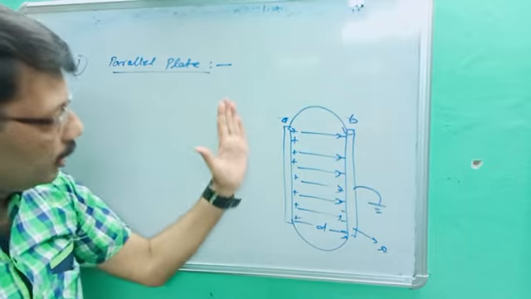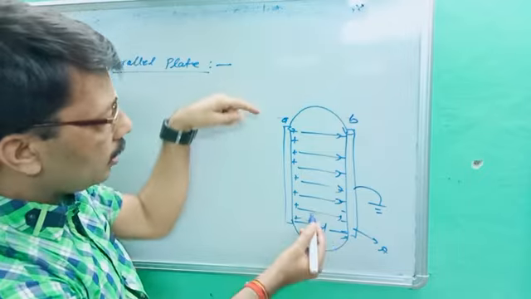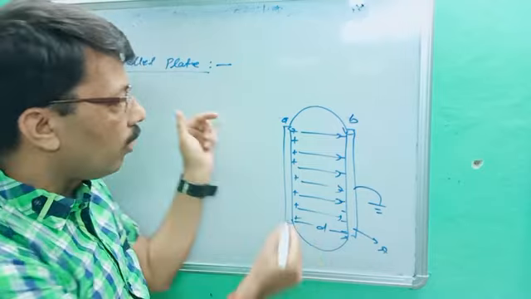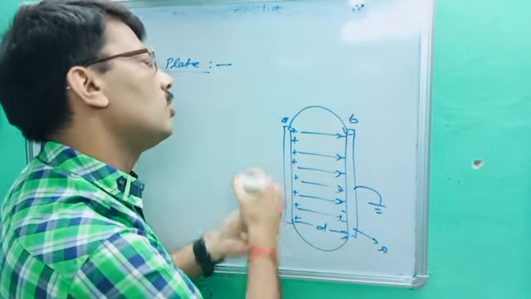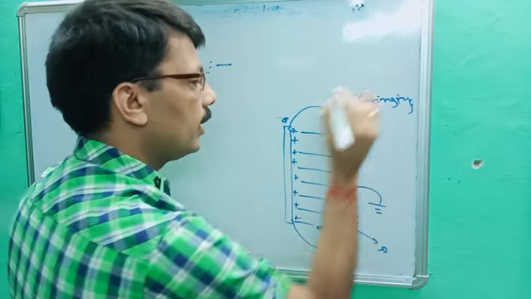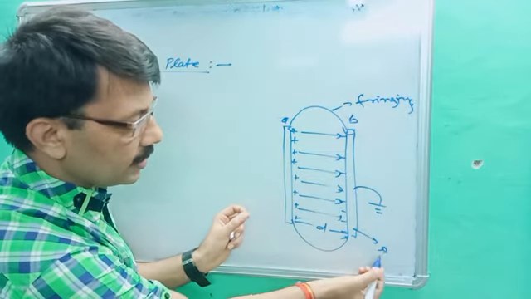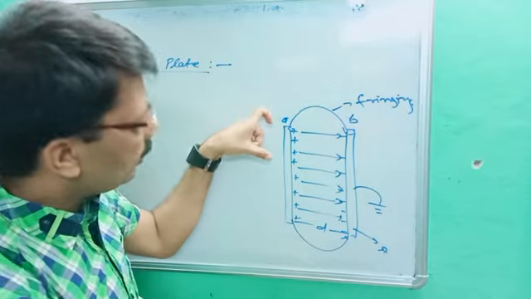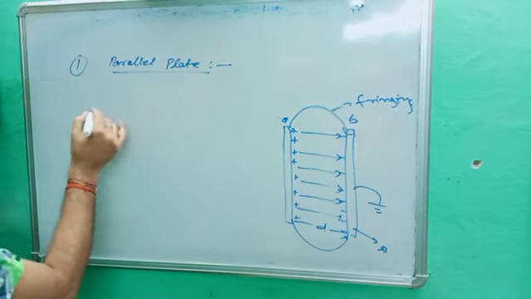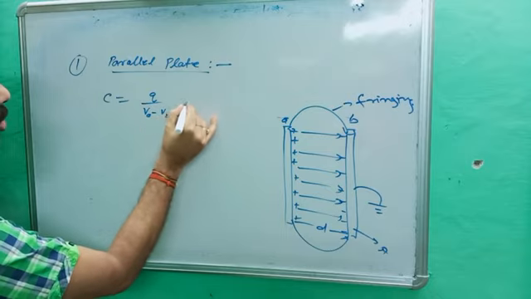Once again, when A is charged by plus Q, minus charge is automatically created on the second plate, and lines of force move from positive to negative inside the plates. These lines are parallel to each other, while at the edge they fringe, and this is called fringing of lines of force. So two plates A and B, separated by a small distance d, area is capital A, and when plus Q is given to A, minus Q is automatically created on B. So what is our aim? Our aim is C equal to Q upon VA minus VB. This is called the principle of capacitance.